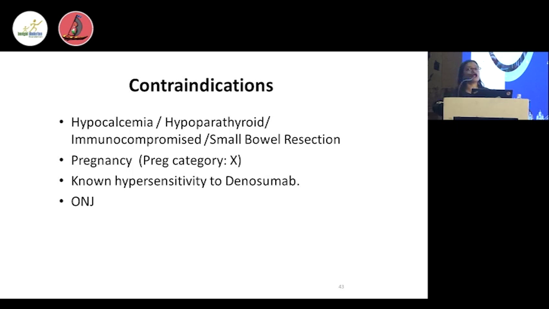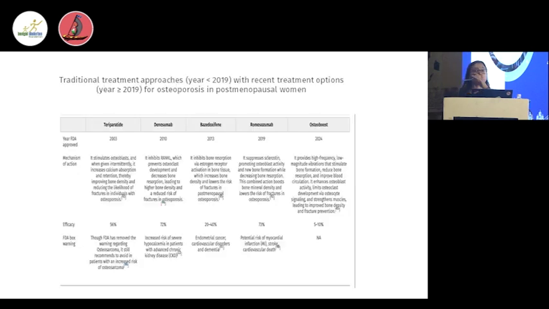So this is the evolving landscape of the management of osteoporosis. In the year 2003, there was teriparatide, and now we have moved on. We discussed denosumab, romosozumab, and the latest one is vibration therapy for osteoporosis. Basically, it is not a drug; it is a vibration therapy, where we give a high frequency, low magnitude vibration. It is shown to stimulate bone formation, reduce bone resorption, and even improve blood circulation. So it is the latest one, 2024. It does not have any FDA boxed warning. The efficacy is less; it is only 5 to 10%. So probably we should use a combination of all those therapies in our practice to have